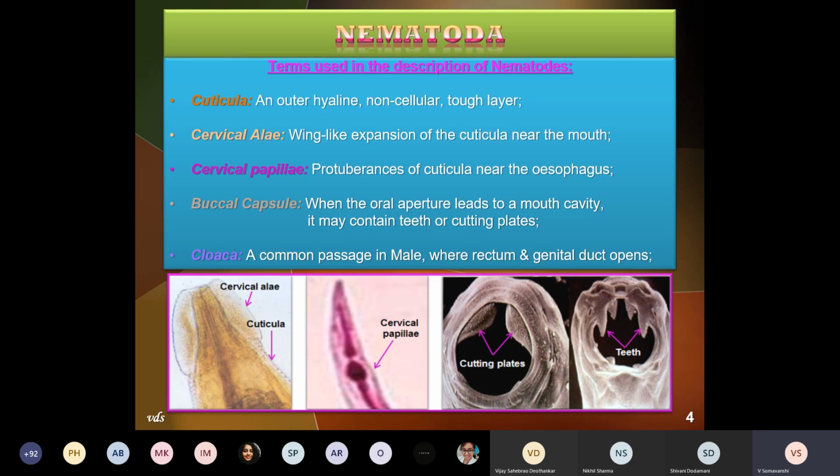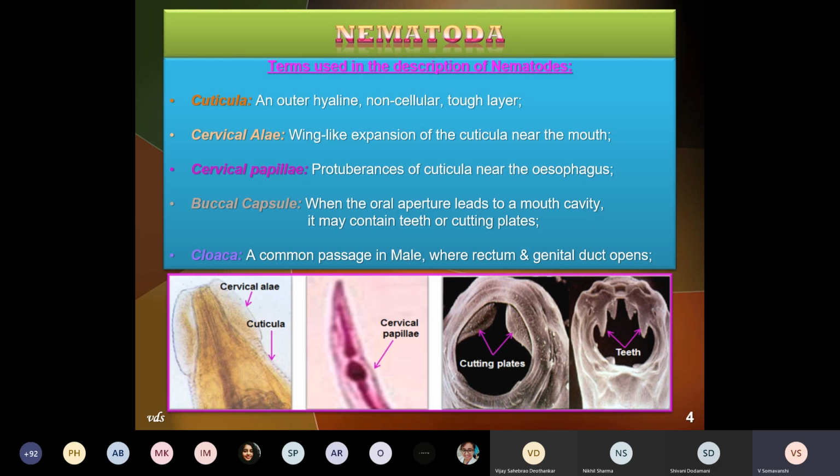The fourth term is buccal capsule. But this buccal capsule is more well developed in some parasites, not all. Ancylostoma and Necator americanus are the two nematode members in which the buccal capsule is well developed. And what is the buccal capsule? When the oral aperture leads to a mouth cavity, it may contain teeth or cutting plates. So this buccal capsule is very important for that